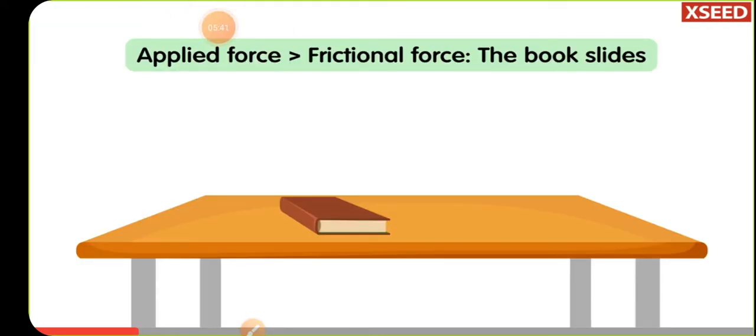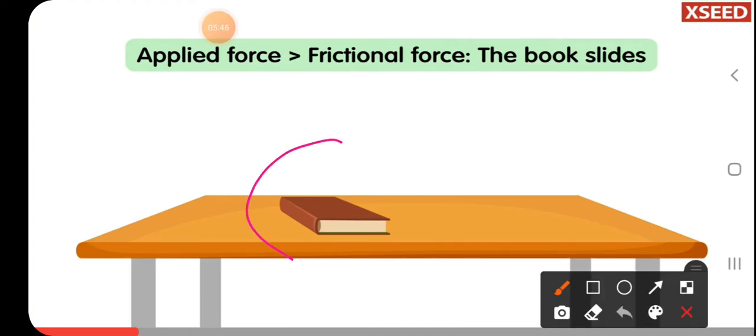A frictional force, or friction, always tries to prevent objects from sliding. Now this book is present on a table. So how can this book stay on a table? Your book is one object and the table is another object. If there is an interlocking between the surfaces of this book and this table, then this book will remain in the same place. It won't slide from the table.